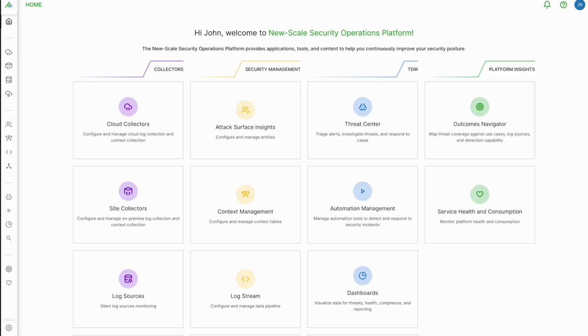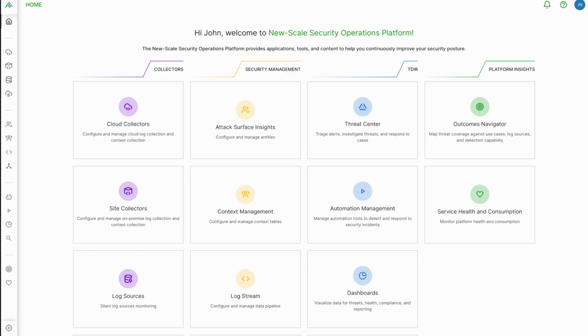Everyone. Today we're going to walk through a typical day in the life of a security analyst who has recently upgraded from Exabeam Advanced Analytics to our NewScale Analytics platform. Our focus today is demonstrating the outcomes and tangible improvements in your daily workflow. We'll be leveraging specific Exabeam concepts you're familiar with and show how they've evolved to deliver even greater efficiency and